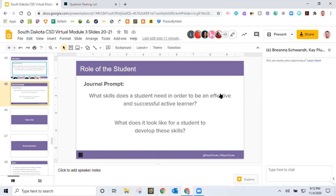And just as we're getting some information from the chat, I know Kay asked a really good question here. Rubrics can help guide what we do as far as peer feedback. I mean, you obviously have to have a good rubric. I don't know if I would really say I do, but